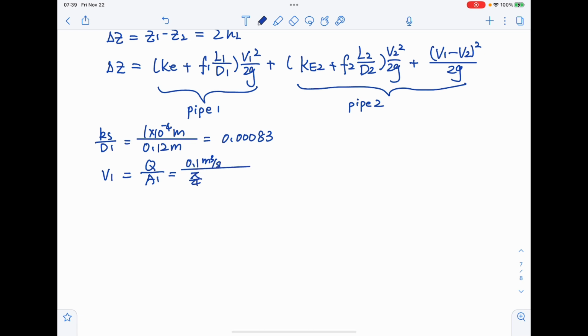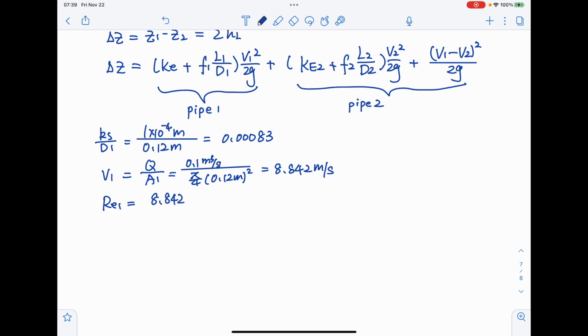A is pi over 4 times diameter squared. So the velocity is 8.842 meter per second. And therefore the Reynolds number is